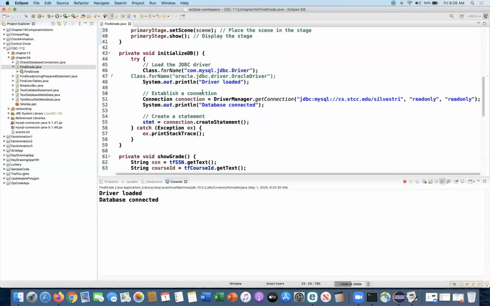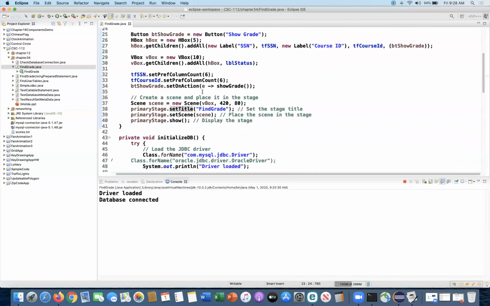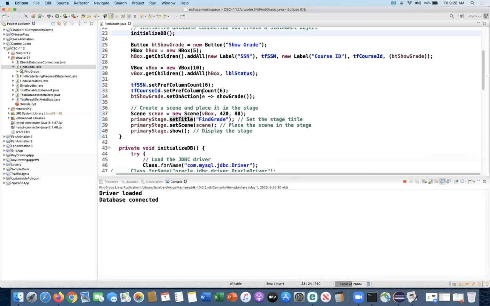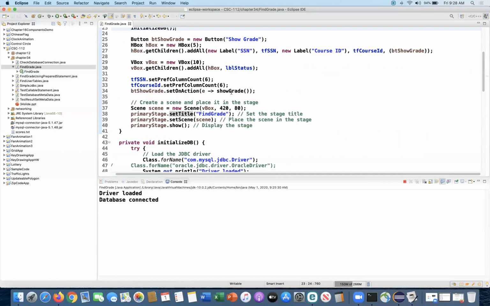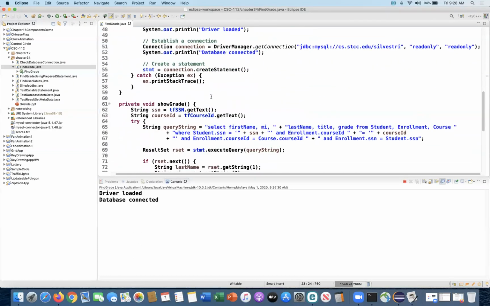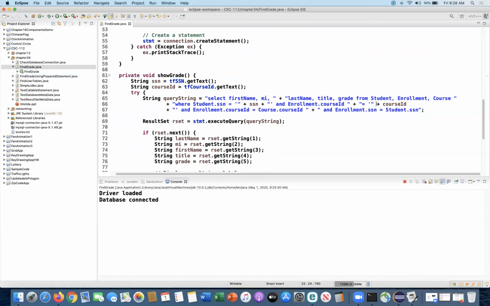Okay. All right. So where do we actually get this? Now, in order to write the query, when we hit the button, where do we hit the button? See, this is not good code here. Show grade. There's a method called show grade. Oh my God, look at this mess. Look at this big long select statement. Whew. Okay, let's show you what that is. It's not that bad. Let's show you the